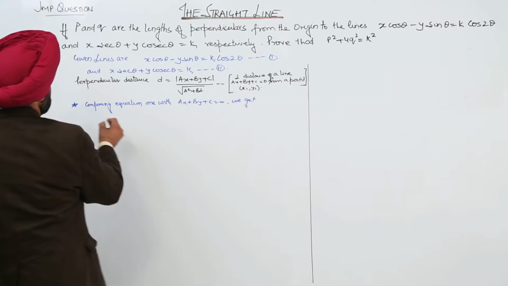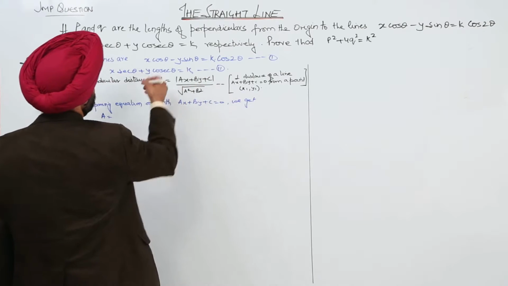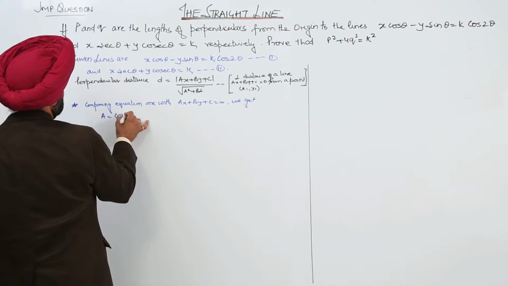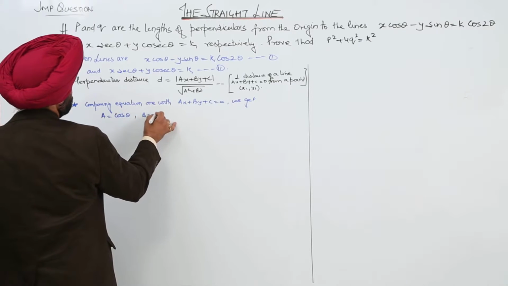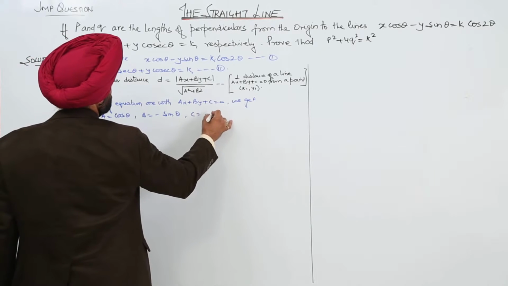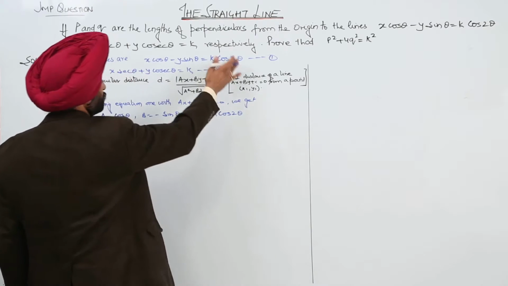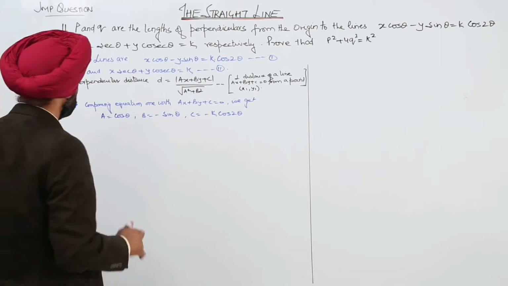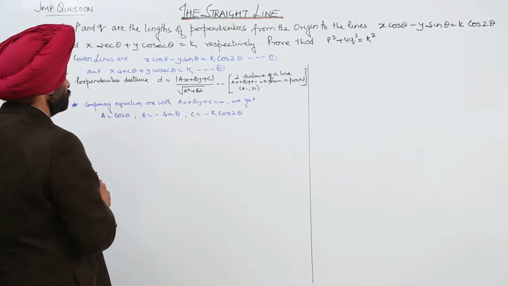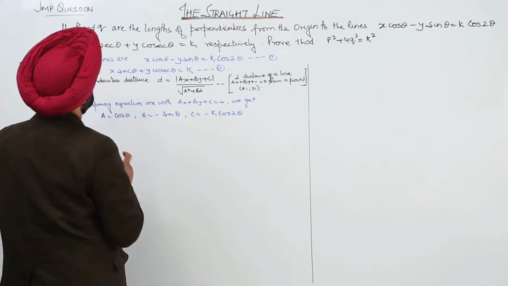We get a is equal to cos theta, b is equal to negative of sin theta, and c is equal to negative of k cos 2 theta. We are taking this towards the left hand side. Now d is equal to,